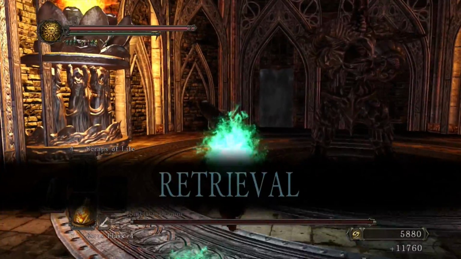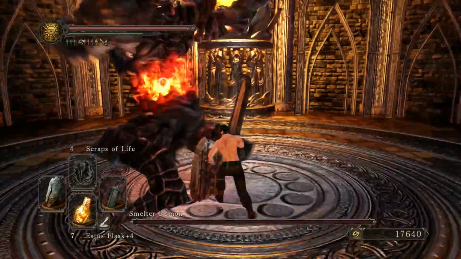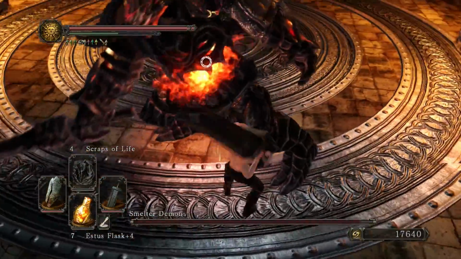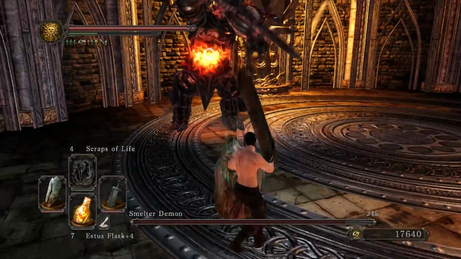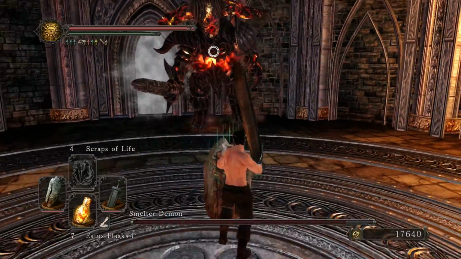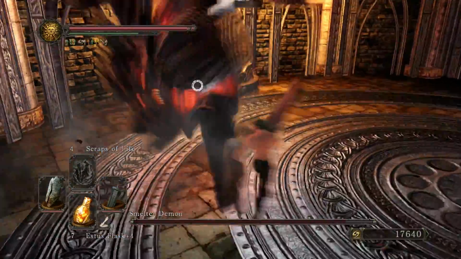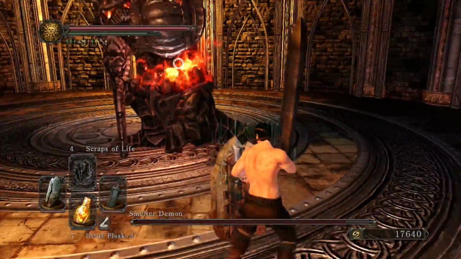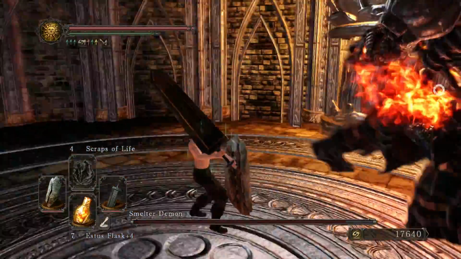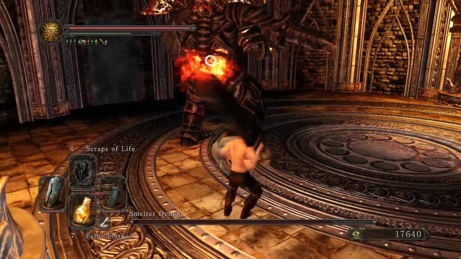God damn, everything in the Iron Keep is just pushing my shit in today. I'm gonna blame sleep deprivation or something, I don't know. Smelter Demon is actually a pretty tough fight. Except I shouldn't be having that hard of a problem with it, because I have 100% fire resistance, which I've been making a big deal of ever since I picked this shield up. The Gurm Great Shield, as I've said before, has 100% fire resistance, which is incredibly handy for this boss,